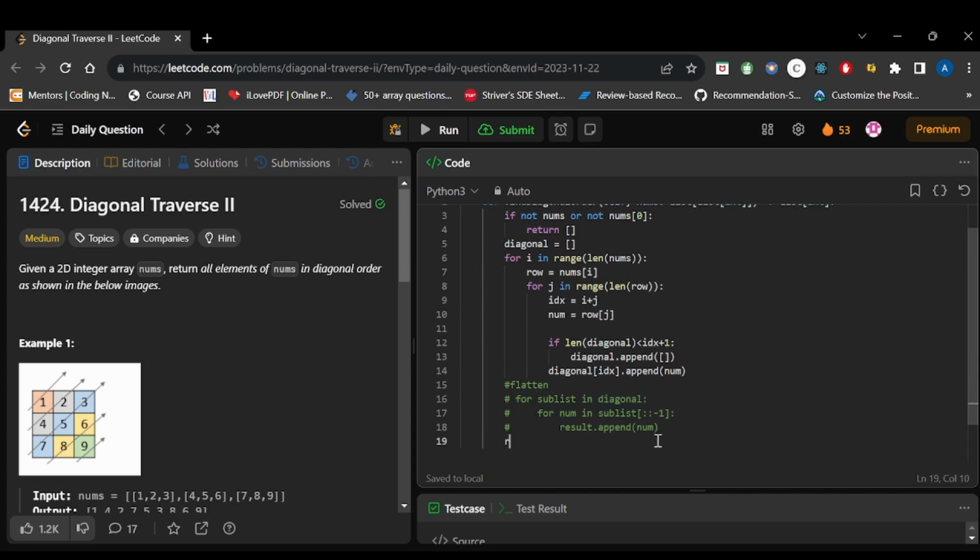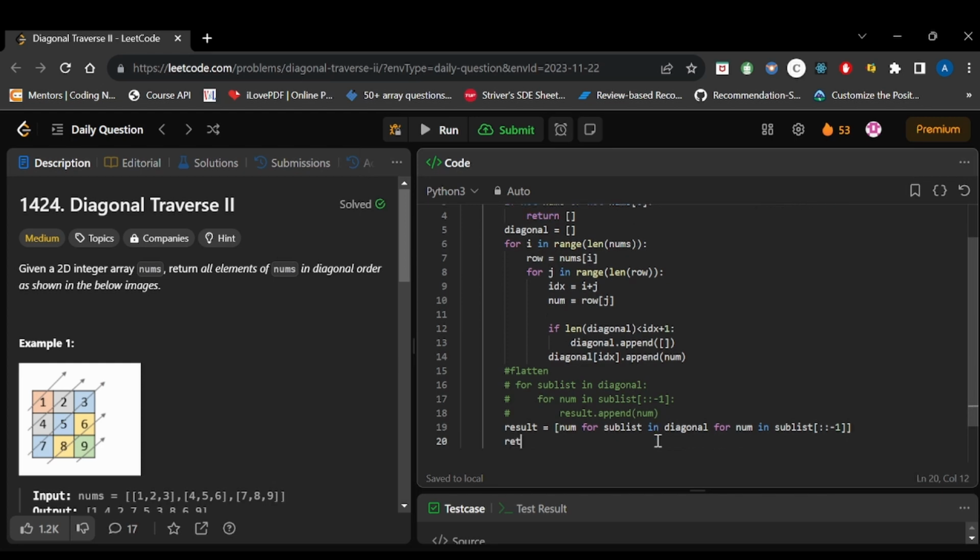Result is equal to num for sublist in diagonal, and then for num in reversed sublist. At last we will just return result.